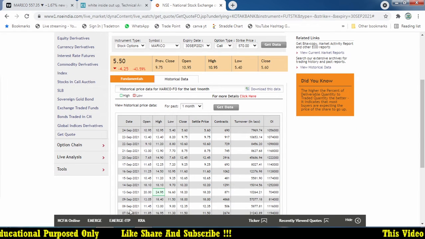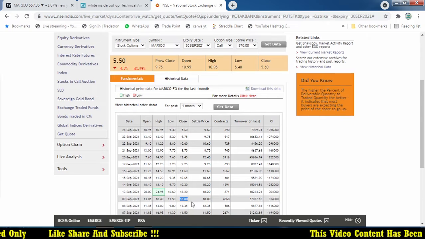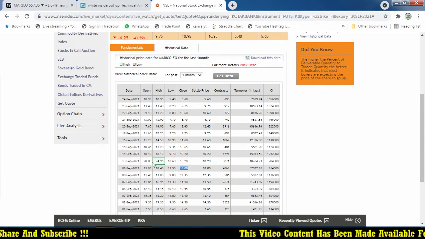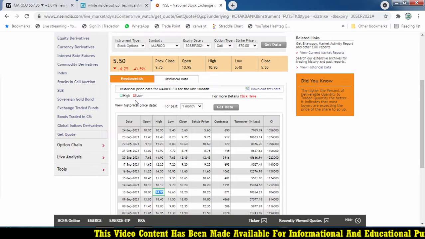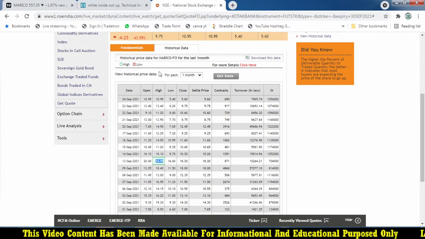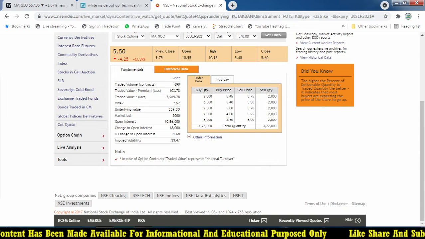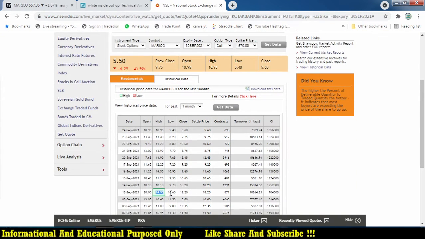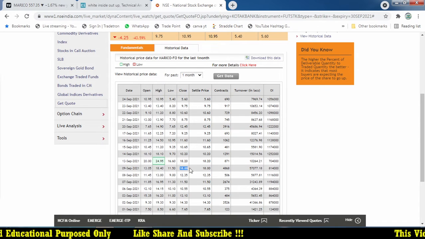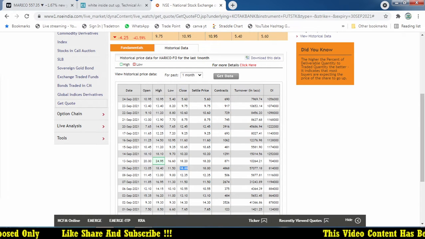So what happened on 9th September? The price was 18 rupees, and the next day itself it went up to 24 rupees, and finally now it is coming to 5 rupees. So 13 rupees was your loss if you are taking the trade. 2,000 is the loss, 26,000 may be the loss for the trade, but it generates a profit of around 12,000 somewhere within a day.